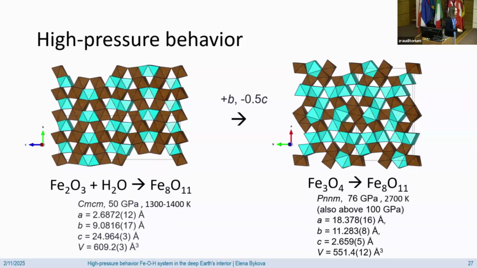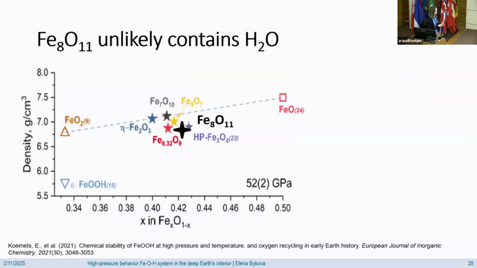In principle, you can synthesize this compound as well at 76 GPa by thermal decomposition of nominally anhydrous Fe3O4. So this is a water-free environment, and this is a water-rich environment, but we get the same composition. So the question is whether indeed we have any water inside. To answer this question, we in principle can do plots where we plot the density of the material